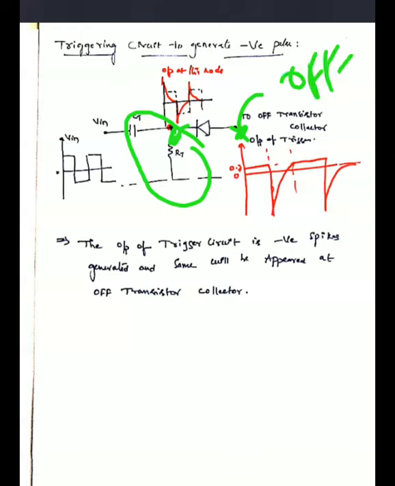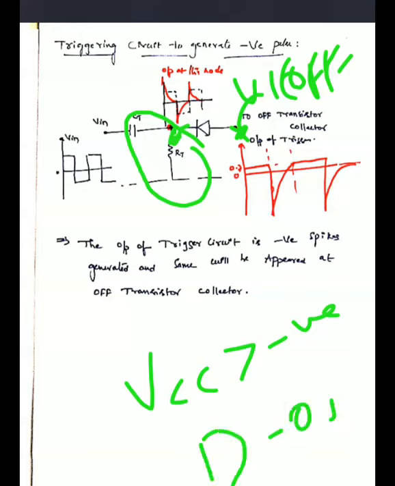The collector of the OFF transistor means that whenever the transistor is off, the voltage at the collector output terminal should be approximately VCC. So the right side positive terminal is connected to plus VCC, and the left side is the negative polarity. Here, obviously, VCC is greater than the peak voltages, so the diode enters into saturation, that is, forward bias. The diode is entering into forward bias.